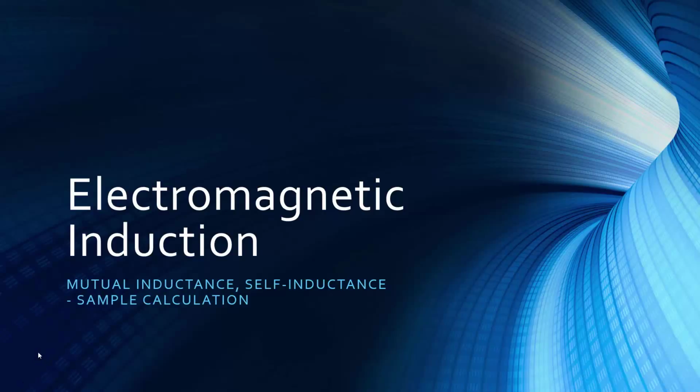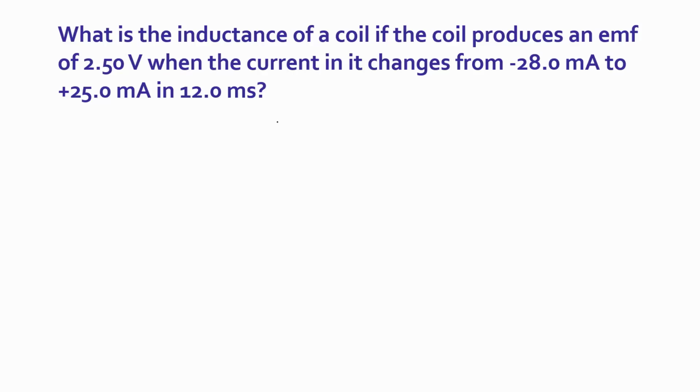Okay, a couple of examples for inductance. The first one, we want to find the inductance of a coil, just a single coil, not a single loop, but a coil. If it produces a change, we don't know how many loops there are, it doesn't matter for this calculation. Moving on, produces an EMF of 2.5 volts when the current changes from that to that in that amount of time. So we're going to use our equation for the EMF related to the inductance, so L times di dt,